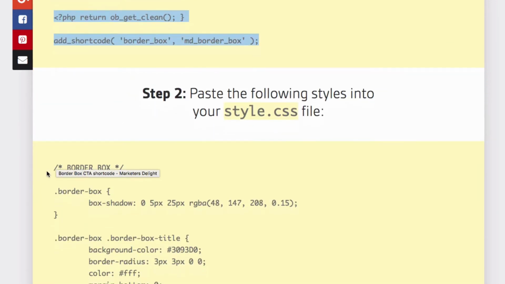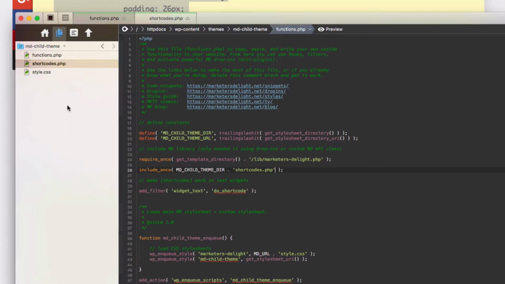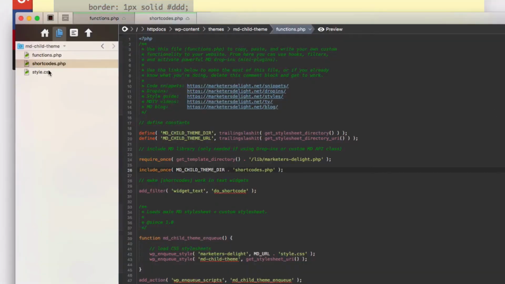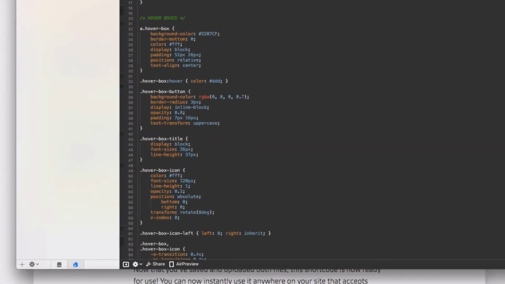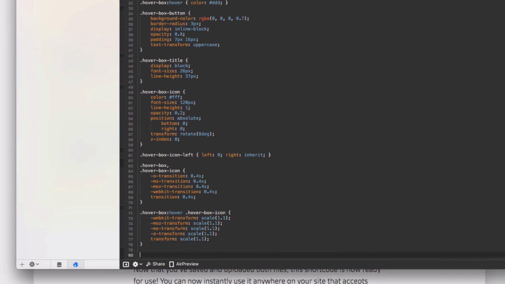So let's go grab this. Gotta make this easier to copy, huh? And then, all right, so CSS is a little bit different. Anytime you have styles like this, that's when you would want to go into your style.css file. Now the CSS works a little bit differently than a functions file, and I would definitely recommend